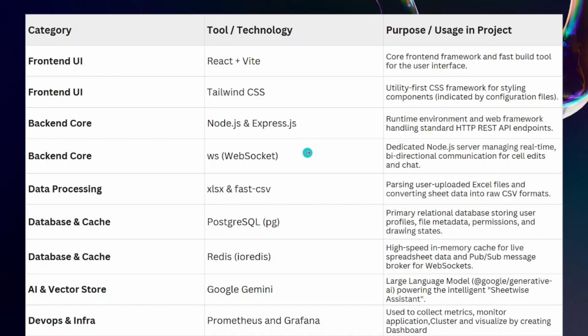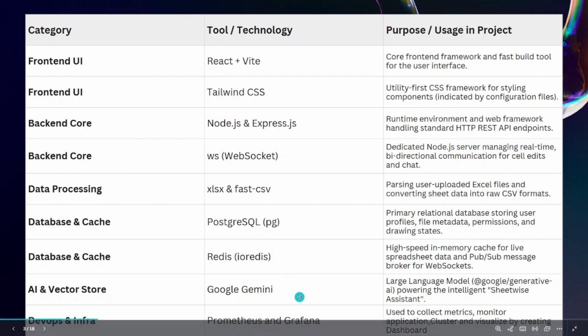I used WebSocket for the real-time communication, some file CSV libraries for converting the CSVs to JSON and JSON to CSVs. And for database purposes, I used PostgreSQL. For caching, I used Redis. For the AI API, I used Google Gemini.